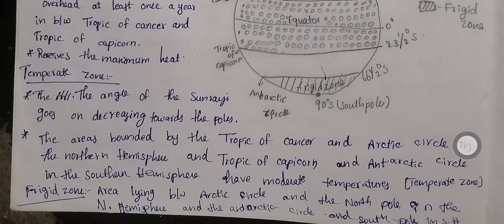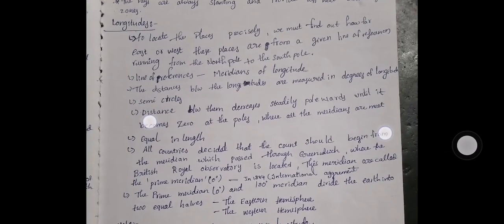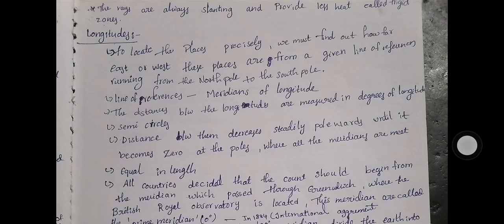Here, because in this area the rays are always slanting and provide less heat, it is called the frigid zone. And then